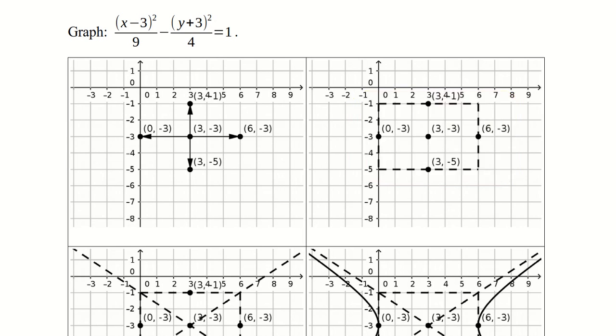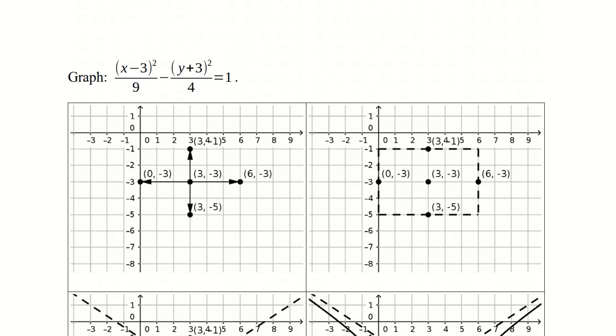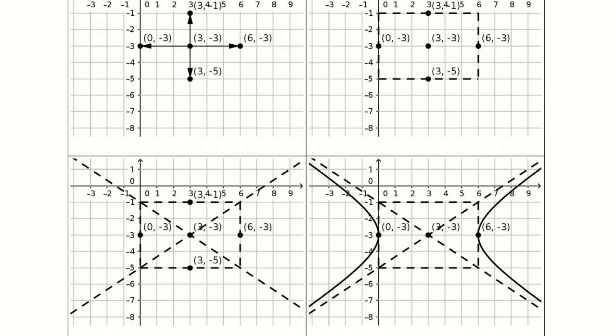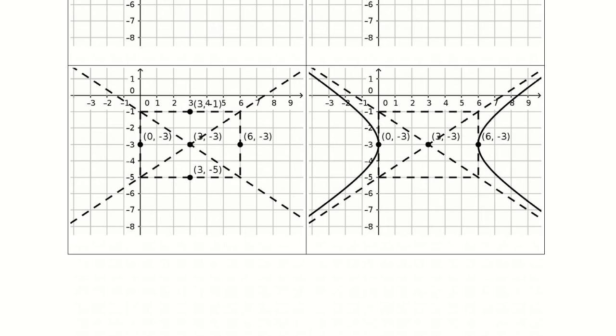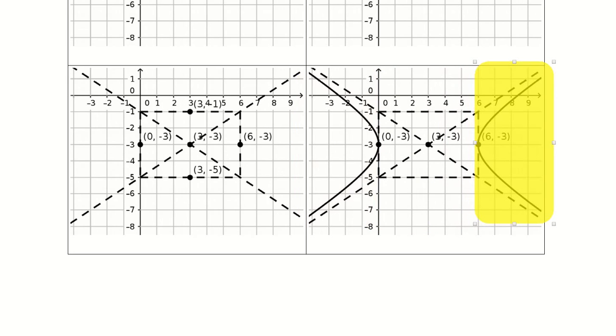Now, the moment we've got that, some new steps, we then say we need asymptotes. And asymptotes connect opposite corners of the rectangle. Notice they're not going through the 4 points we just found. They're going through the opposite corners where those sides meet. Now, let's go back to this graph and let's remind ourselves that in this equation that we're asked to graph, the x term is positive. So to find our branches, we go left and right. So here's one of our branches, and going to the left and then going to the right, there's the other